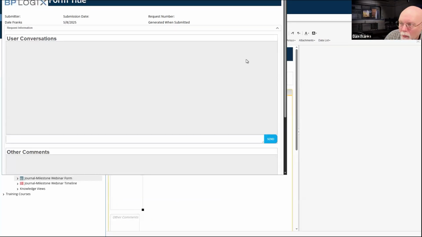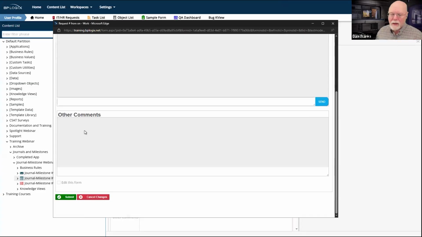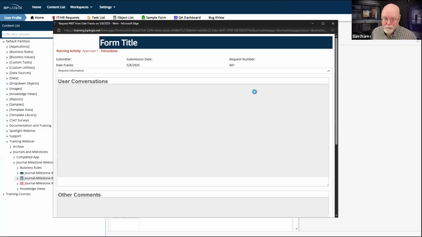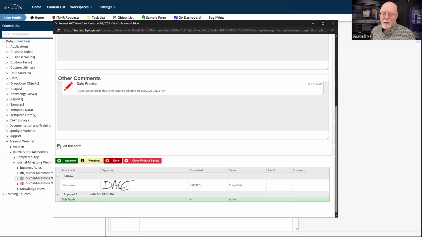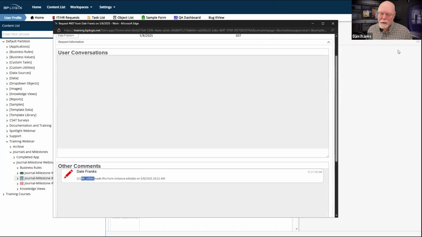Okay, there's our form. So we know that nothing is editable here, so we have to submit it. So submitted, nothing is editable. We're going to mark this form as editable. And other than the fact that I have a syntax error in my system variable, which makes it not a system variable, second one worked. First one, a little messed up, but my milestone appeared.